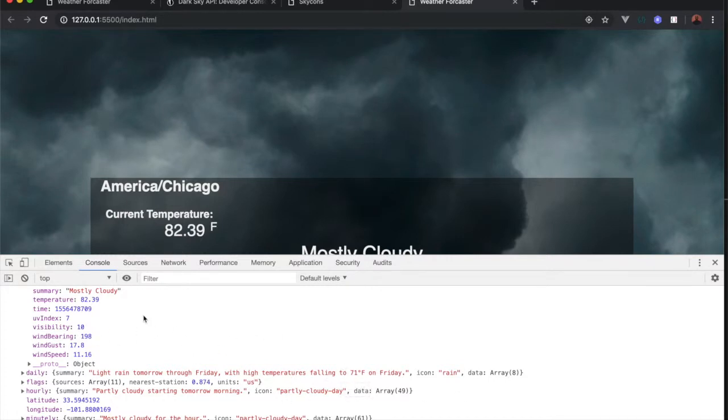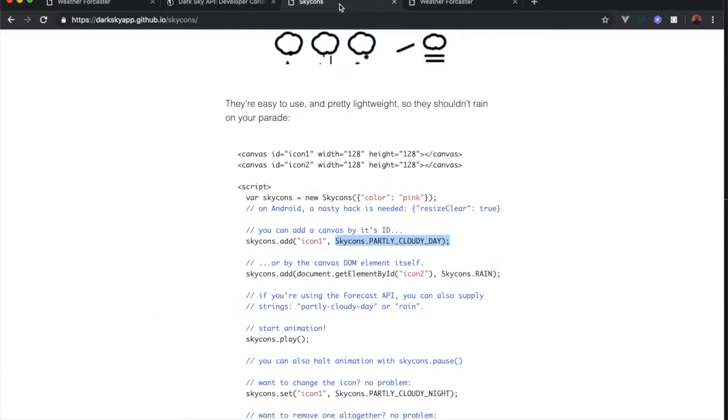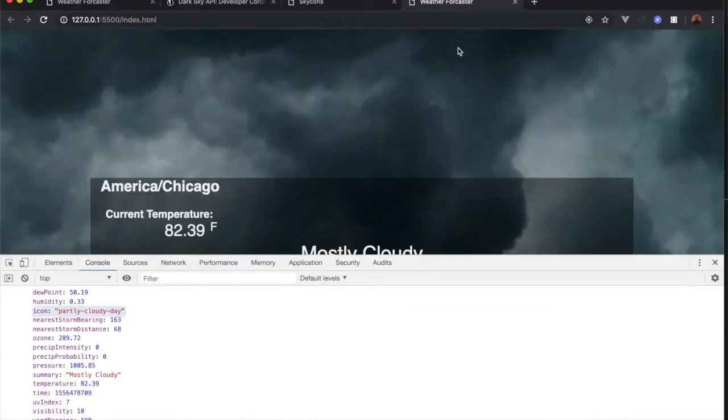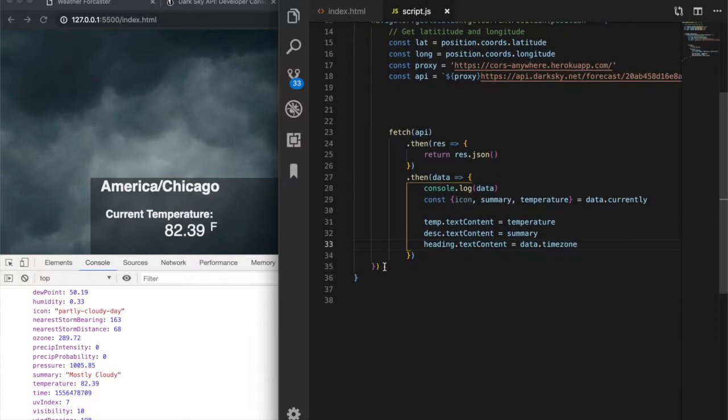So here the icons have a dash between the words, and on the skycons it's underscore. So let's go ahead and adjust for that. So to adjust for that, what we're going to do is, first of all, we're going to